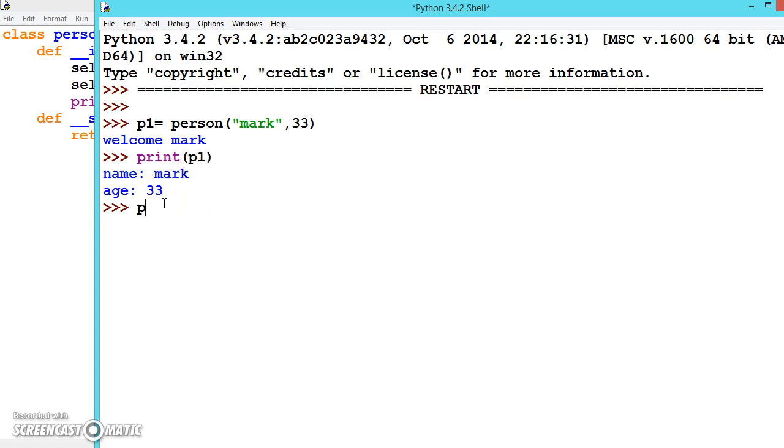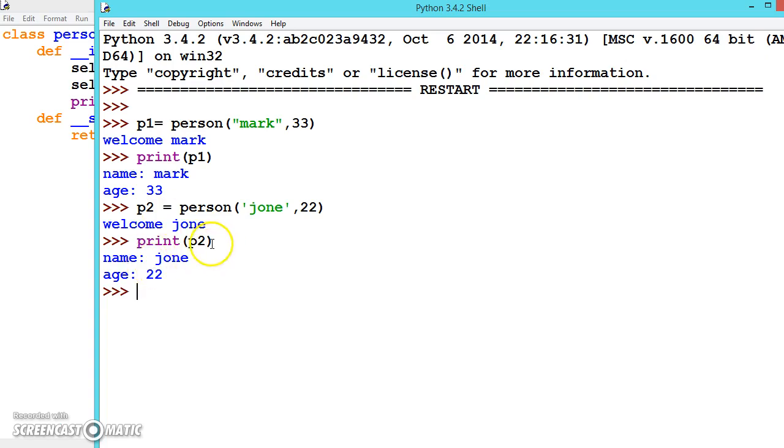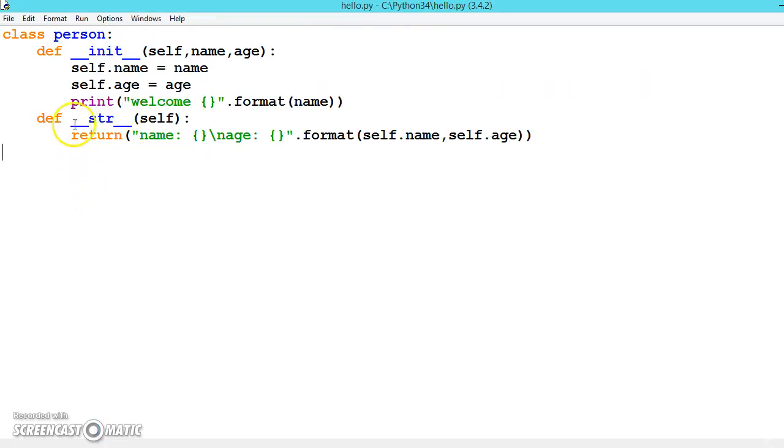So let us create one more. P2 is equal to Person, John, 22. Now if you want to print P2, what it is doing is calling this method. This is a special function, we can write anything here.